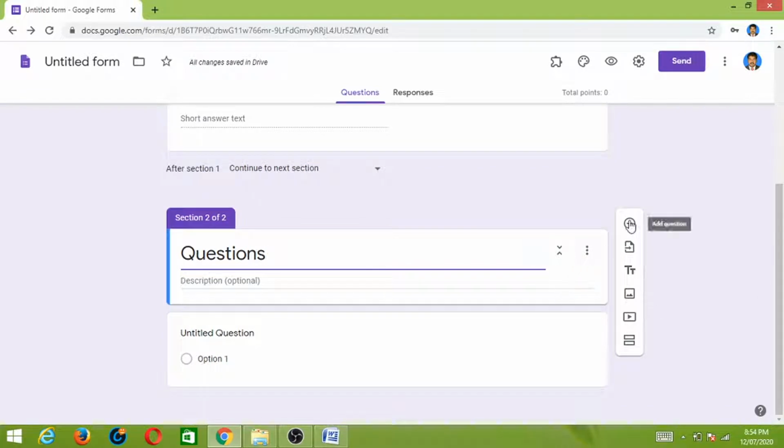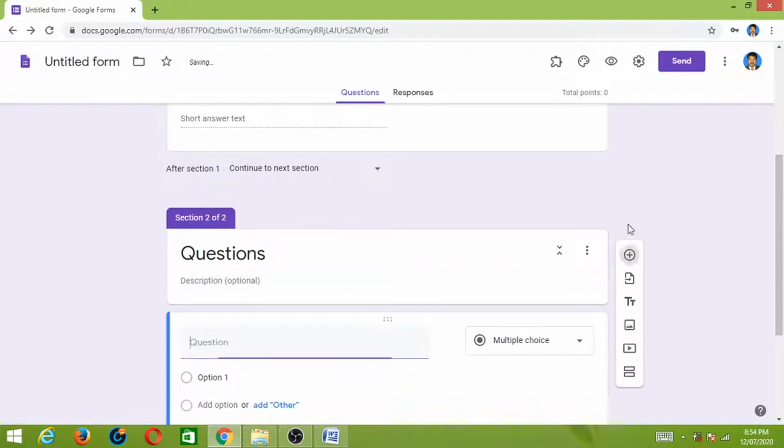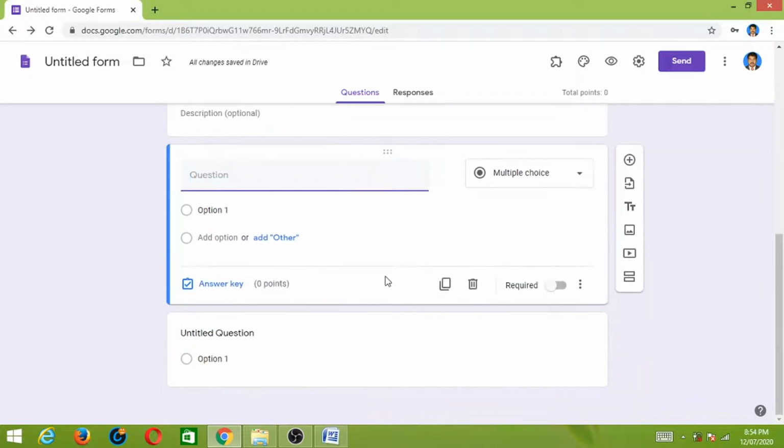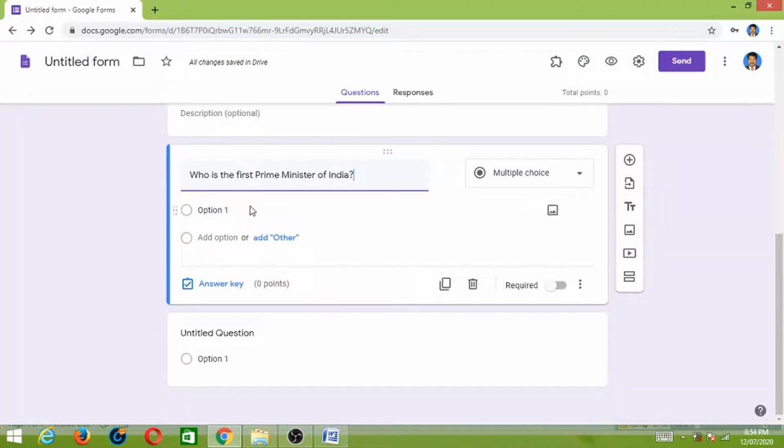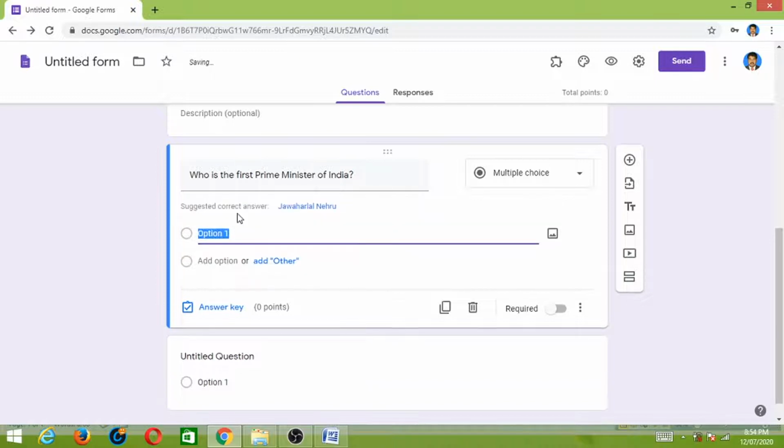Here you have to add the questions. I have already prepared some questions regarding general knowledge. Who is the first Prime Minister of India?